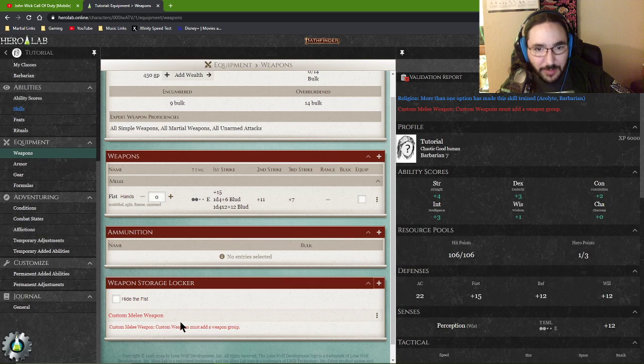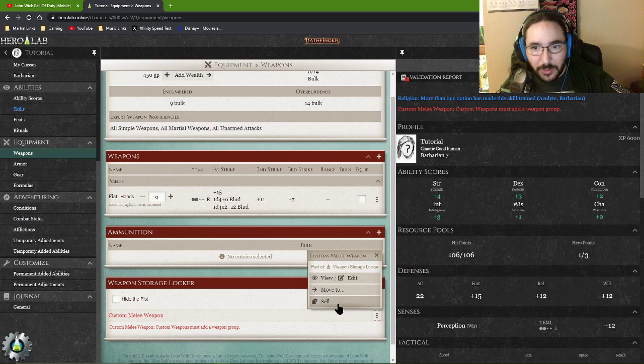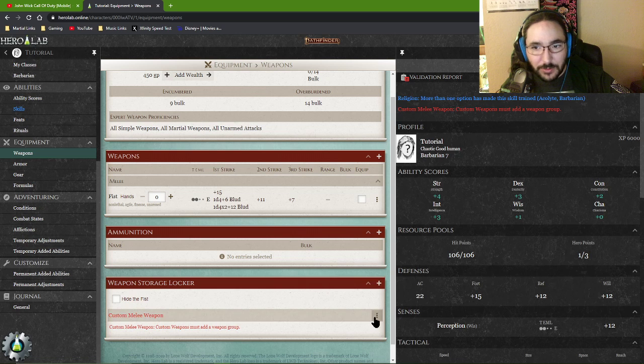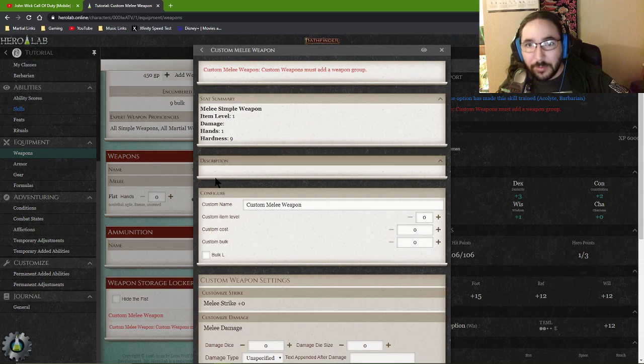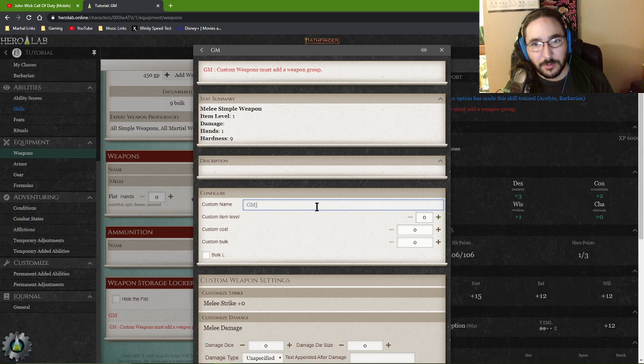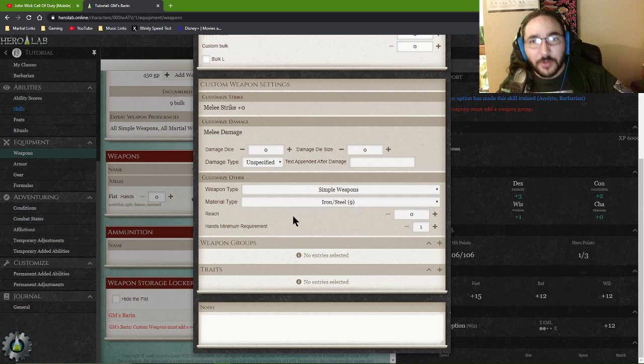And now what I've got is my custom weapon slot. Now I'm going to hit these three little dots over here, and I'm going to edit my custom weapon. Custom weapon name, we're going to say it's GM's Bane. Not going to worry about custom cost, not going to worry about bulk, anything like that. All right, so now we're going to scroll down, and now that we've got all of our stuff in here,